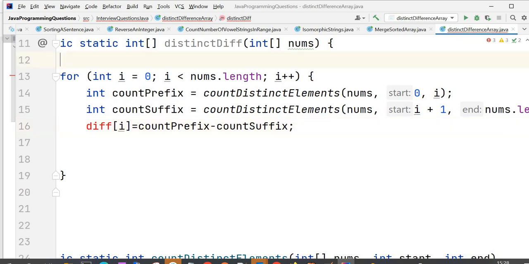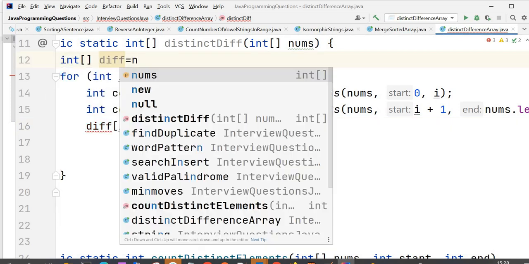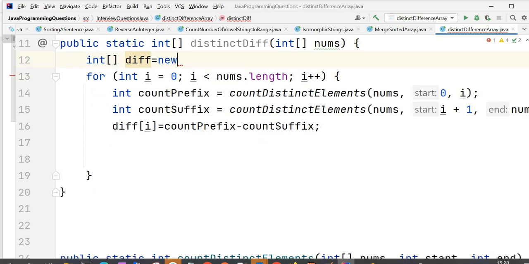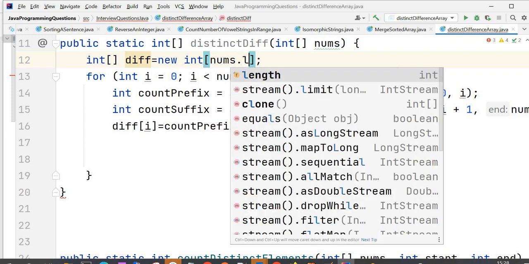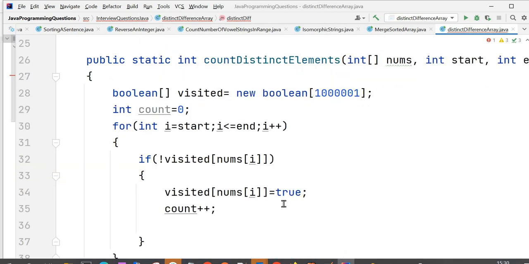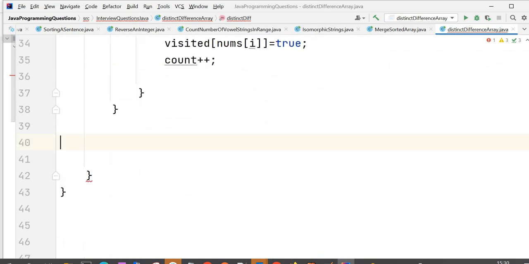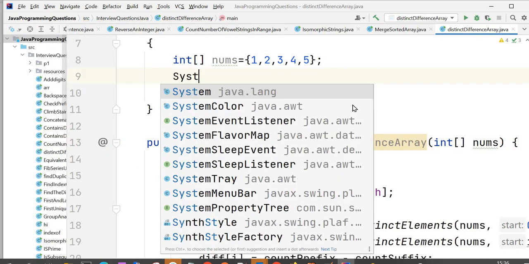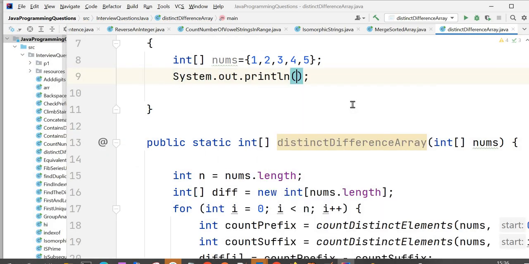Let's initialize this difference array as well. Int difference is a new int array, and what would be the length? The same length as the nums array, that is nums dot length. We have to return the difference array, and then in the count distinct elements function we have to return count, right? Now let's write our print statement to see the output.